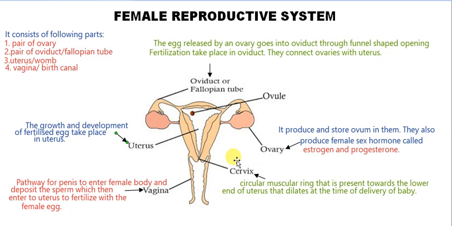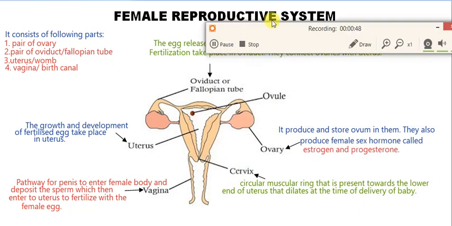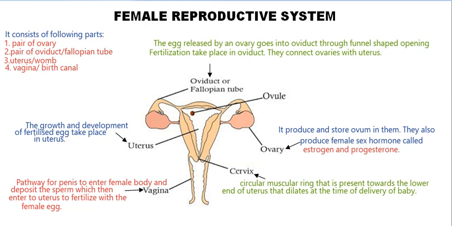So here we know that the female gamete is the egg or ova, and the system has different parts. We will see that it consists of the following parts. First, a pair of ovaries. Second, a pair of oviducts, which we also call fallopian tubes. Third is the uterus, also known as the womb. Fourth, the vagina, also known as the birth canal. So first we will see